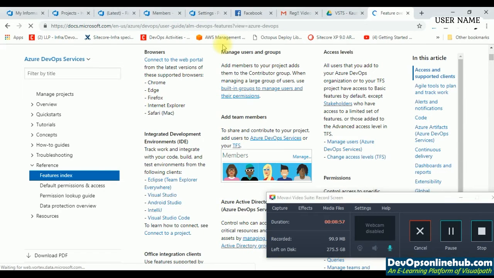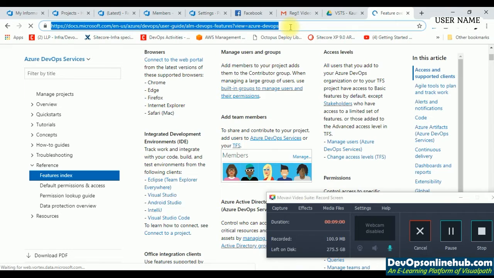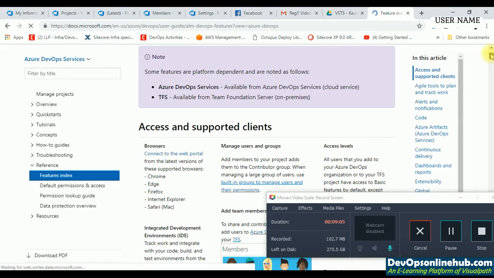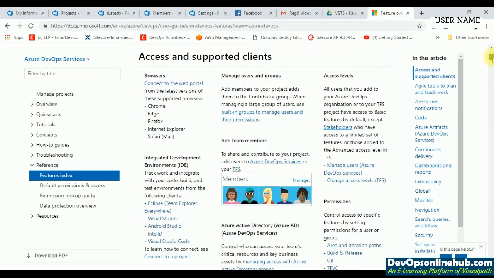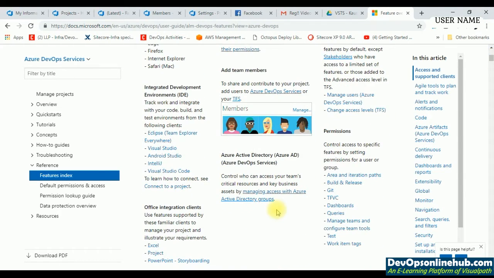Also, if you go on this page, if you check Microsoft's link, you'll find various information about Azure DevOps service. So first of all, browsers. So this is the list of supported browsers for Azure DevOps. Then IDEs. So right now we are using Visual Studio 2017 Professional. Apart from that, you can use all these